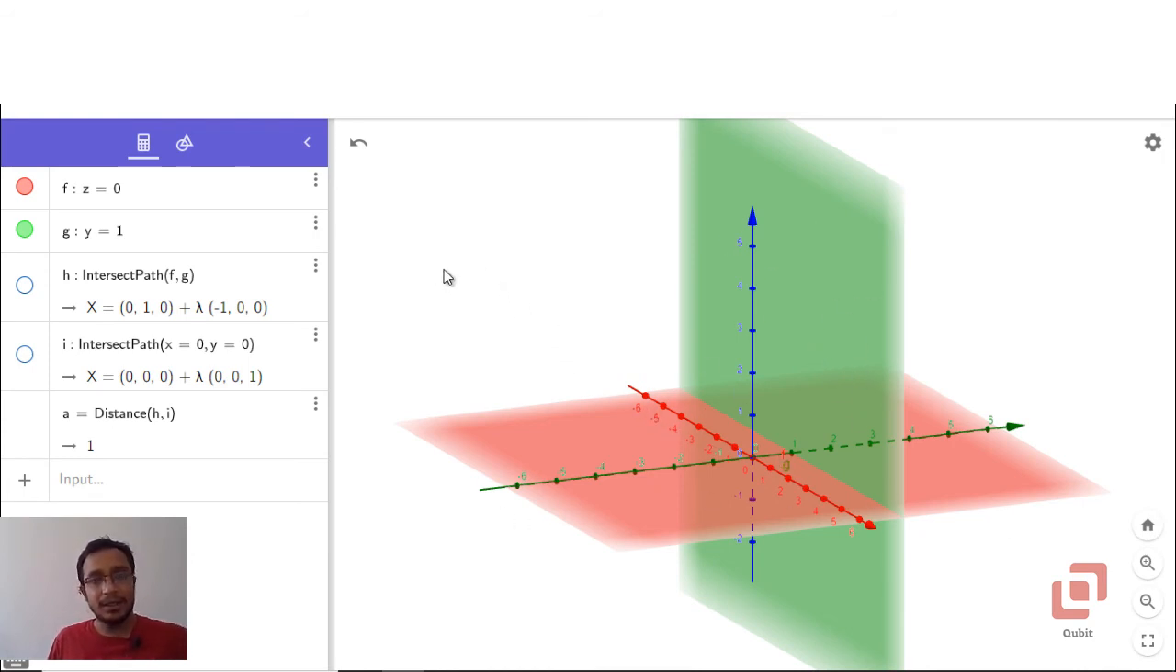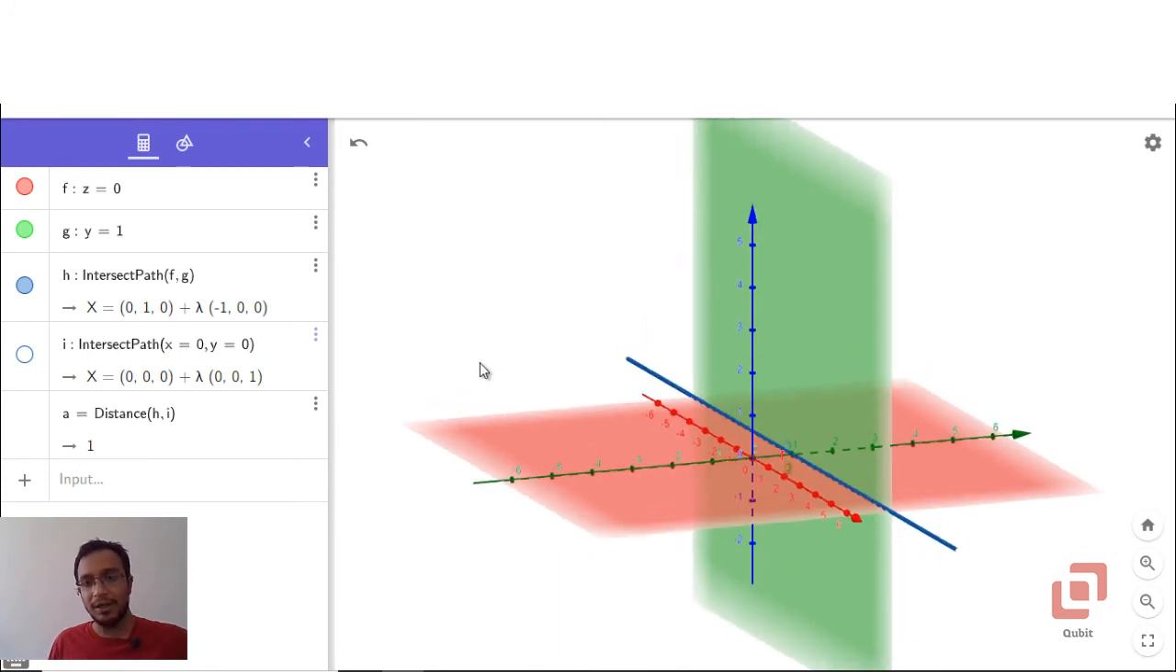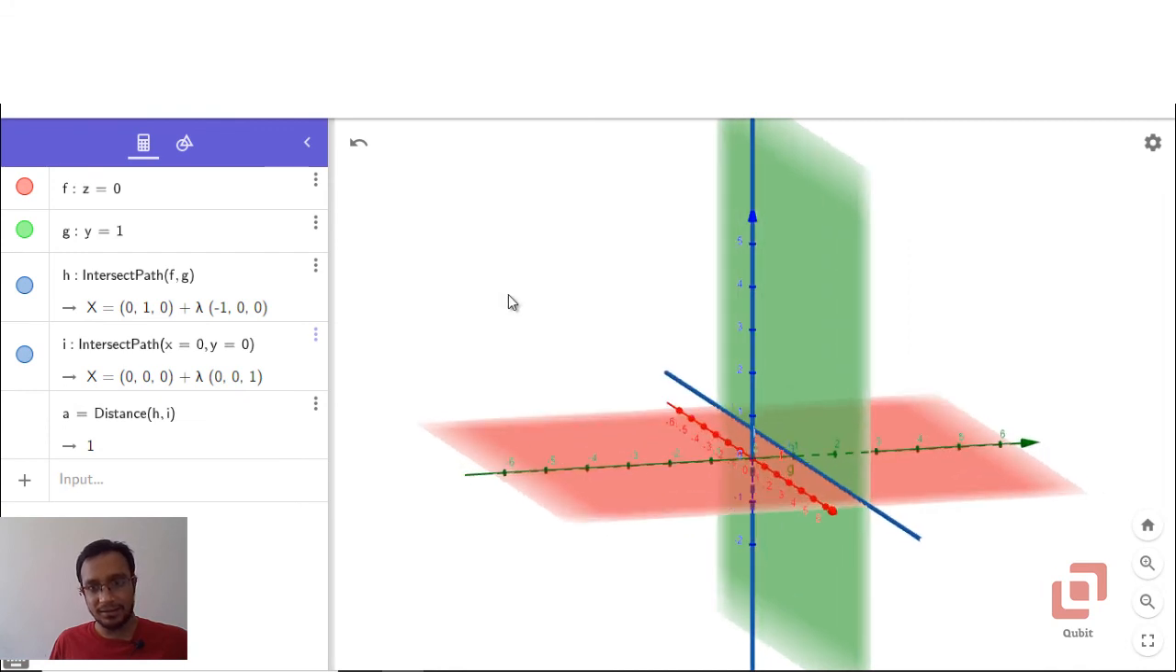Now let us find the intersection between the green plane and the red plane, which happens to be this line parallel to the x-axis in the xy plane. As you can see, it is this blue line. Therefore the distance between the skew lines, that is the z-axis, the vertical blue line, and this line is clearly 1 unit. The shortest distance, as the software is telling us, between these two lines is equal to 1 unit,